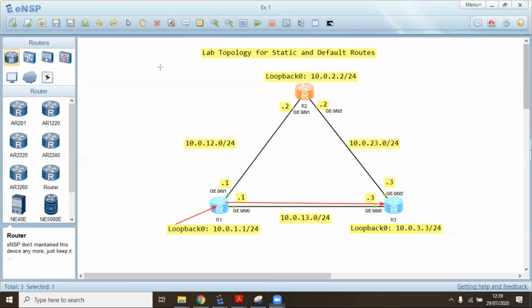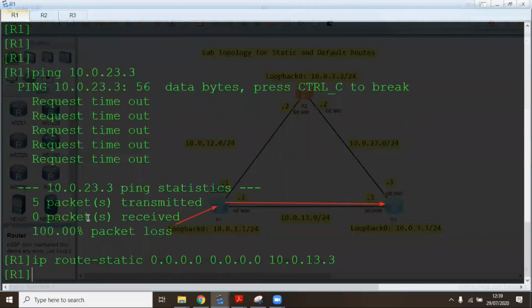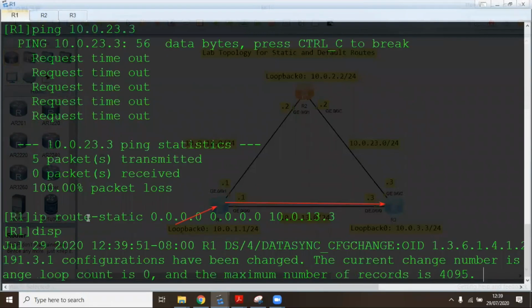So what's the command? In R1, we will do ip route-static 0.0.0.0, 0.0.0.0 as the mask again. Then we tell it the next hop. So the next hop is 10.0.13.3. So if R1 receives any packet whose entry it does not have on its routing table, forward it to R3 on 10.0.13.3. So if I press enter, now we should be able to,